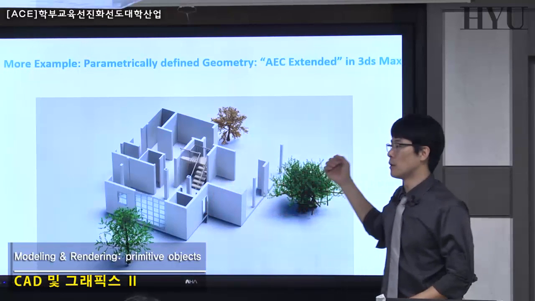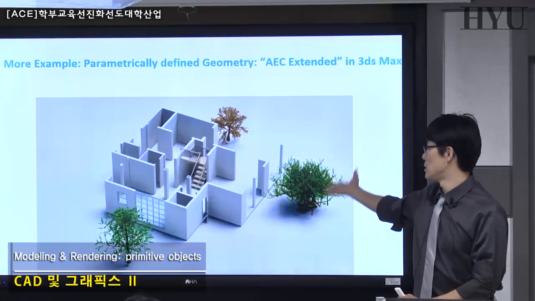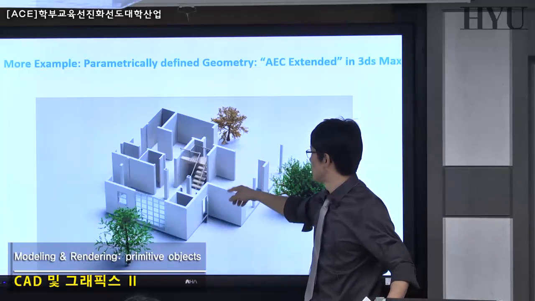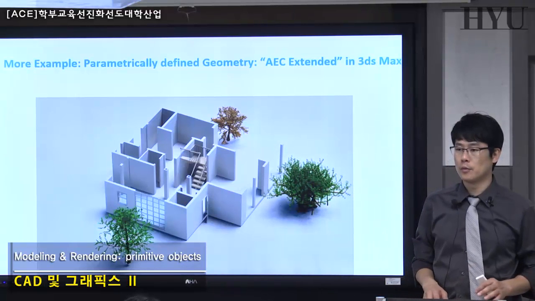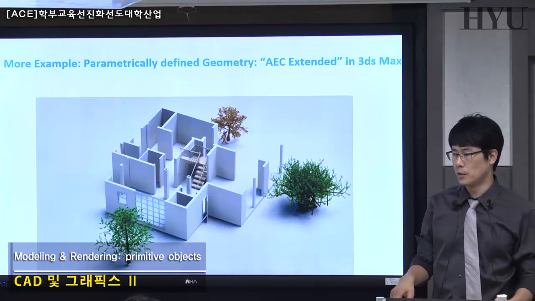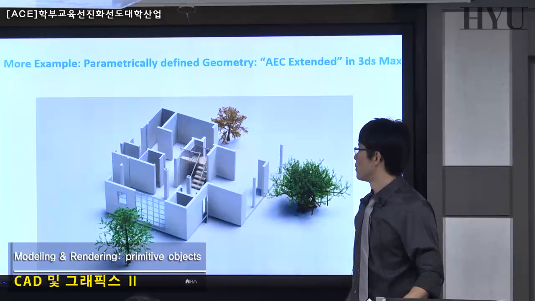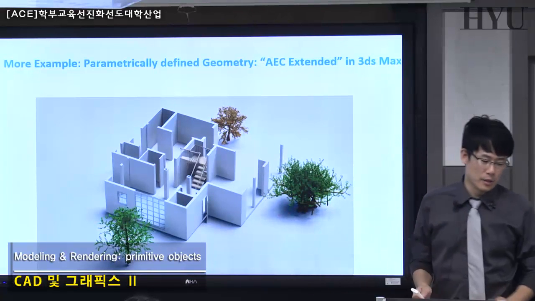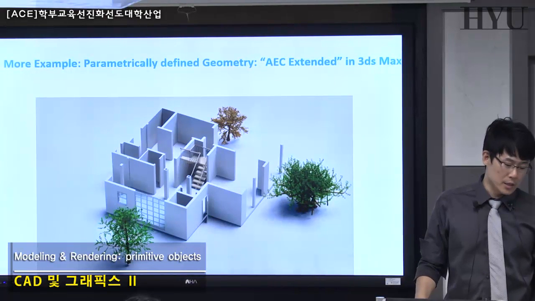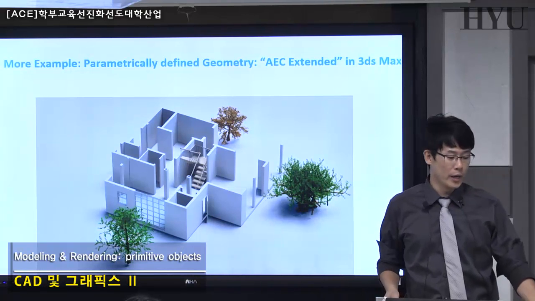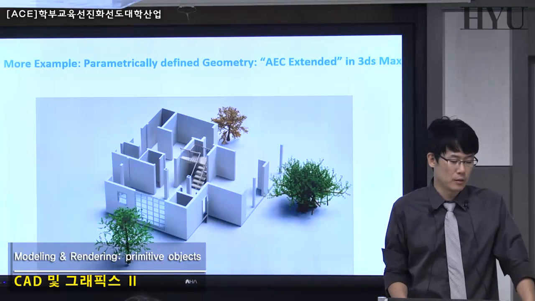Later on, we're going to make that kind of AEC Extended columns, walls, windows. But controlling the options is also not that easy, very complicated, but much faster and more powerful than simple, mere geometry-based modeling, okay? So that's the way of taking advantage of this kind of parametrically predefined geometry,